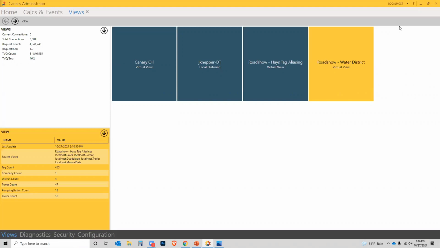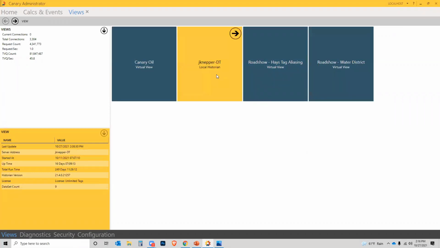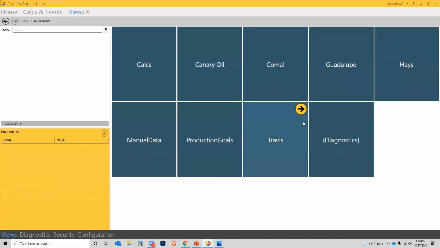I don't know that I understand the intent of your question when you say that it merges all assets across views, all data sets. There we go. Correct. So not only can it merge multiple data sets, but it can also merge multiple data sets and other views. Case in point, Hayes, if we just look at the historian,